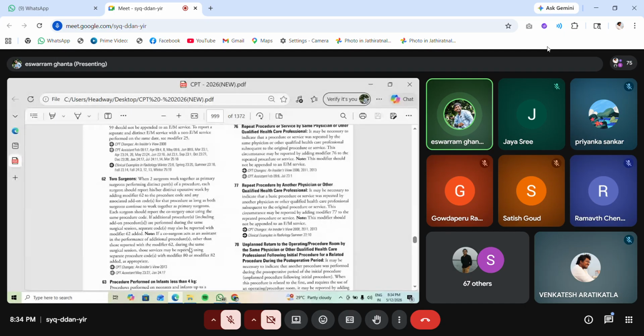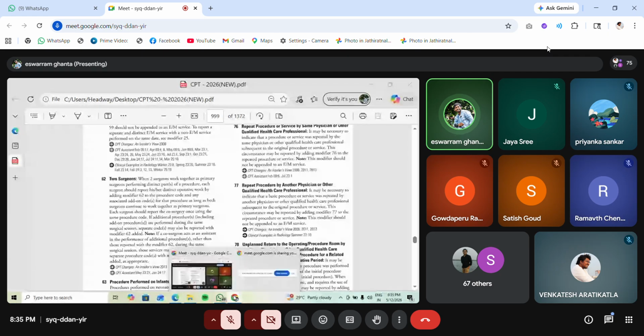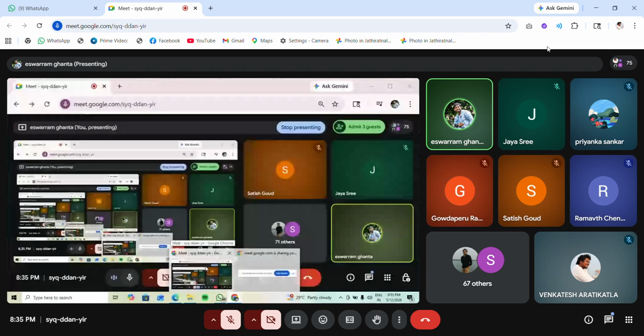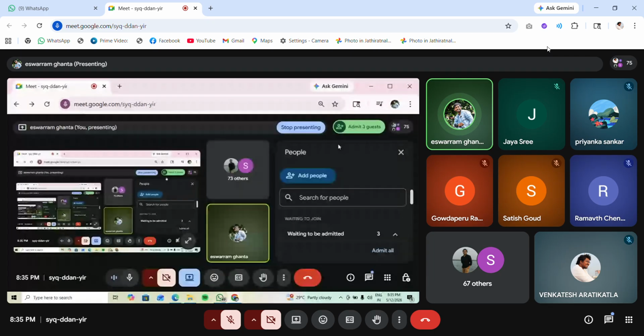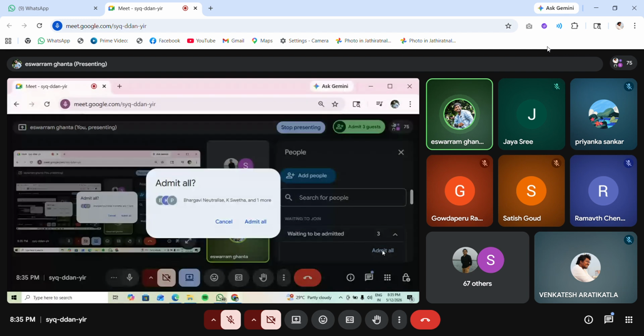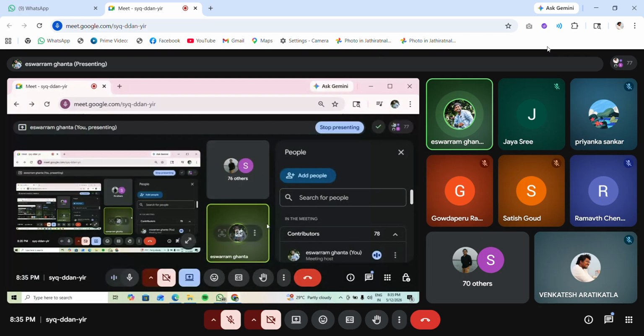Remember this thing, in the same session only. It is clearly mentioned, see here, during the same surgical session, those services may be reported using separate procedure codes. During the same surgical session, if that procedure is performed by any of the two surgeons, in that scenario we can append this 62 modifier. 62 means you can remember it simply. These cases happen where